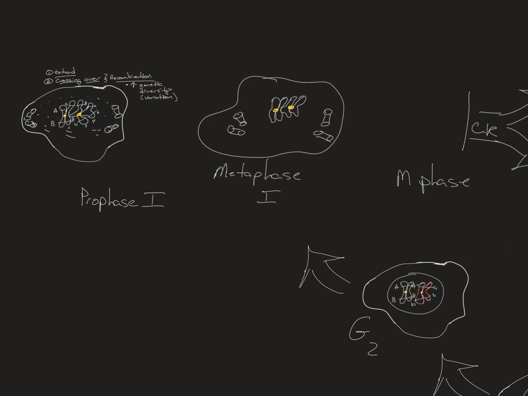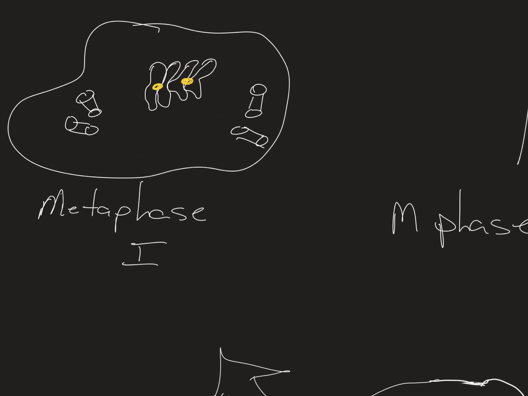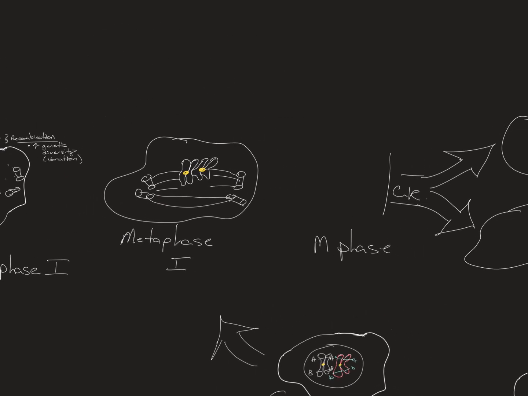Yeah, I did in 9th grade, many of you, but you probably don't remember. But now the spindle fibers, instead of lining up the homologs one on top of the other, because remember, in mitosis, guys,